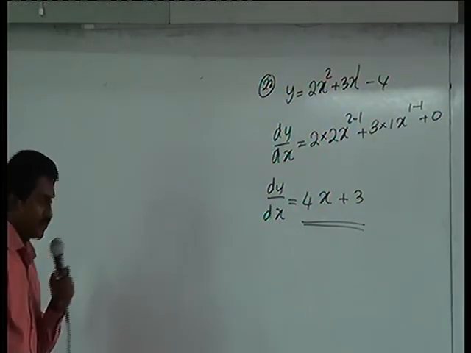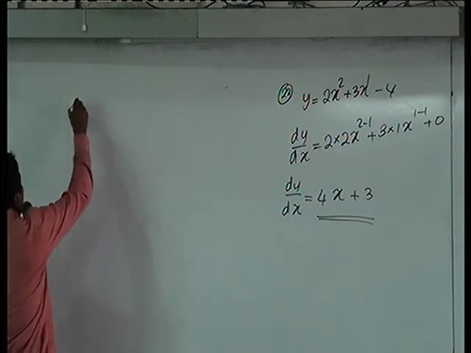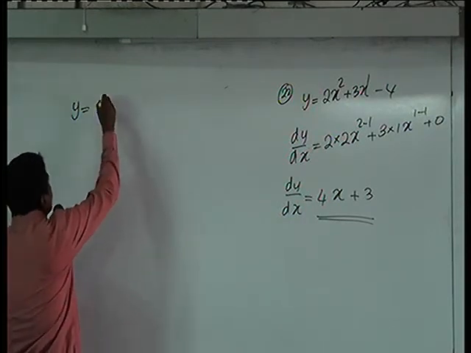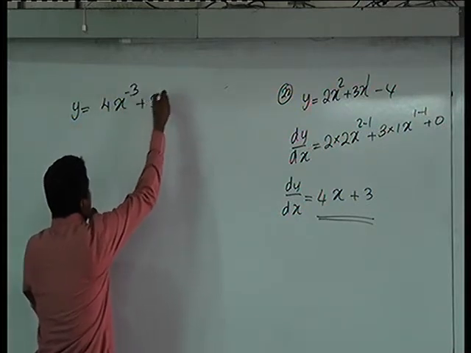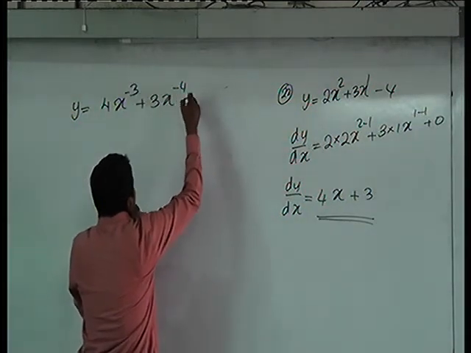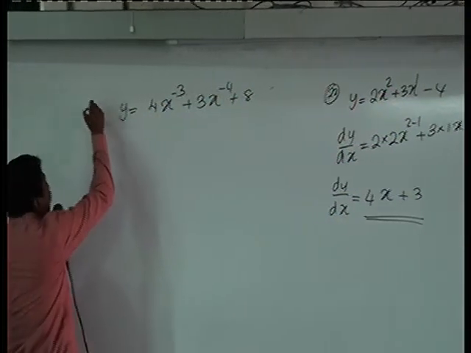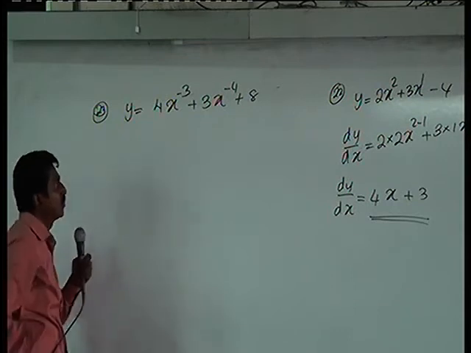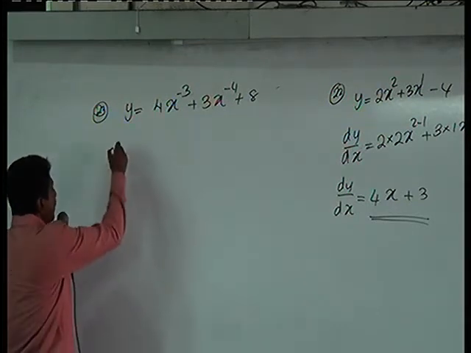Question number 23. Y is equal to 4x to the power minus 3 plus 3x to the power minus 4 plus 8. Now differentiate this one. Okay, dy by dx is equal to